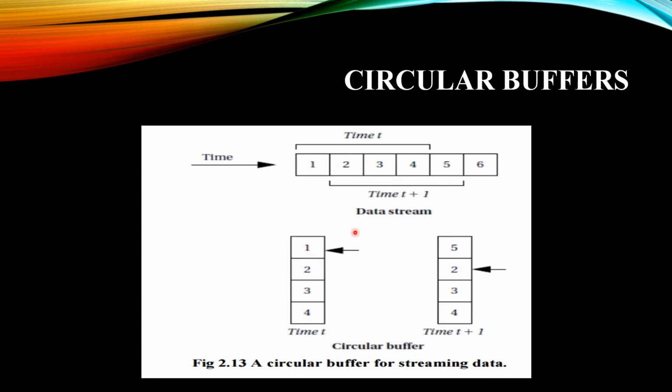So here the arrow mark represents where we are going to place or overwrite the data. So at each time period it will change the position. So the head position will get changed at every time period. So during time period t plus 2 it will change here. Time period t plus 3, it will change the position here.